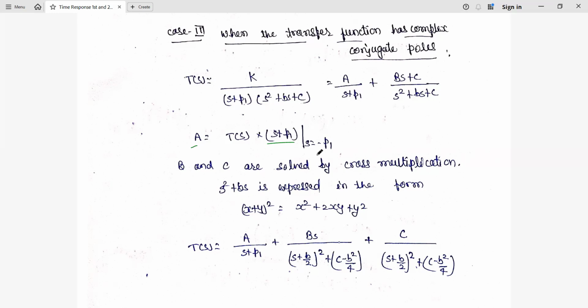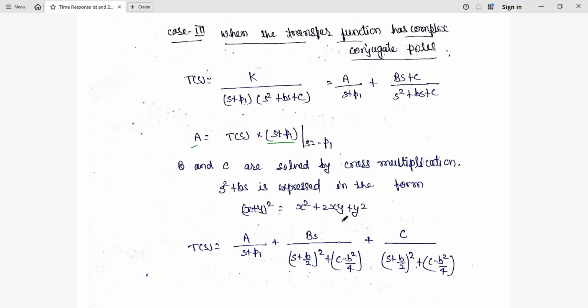Then we have to substitute s equal to minus p2. Whereas to obtain the value of B and C, we are going to do the cross multiplication here. And whatever value of A we have obtained, that value we will substitute here. And finally, the remaining term, we are trying to write in the form of